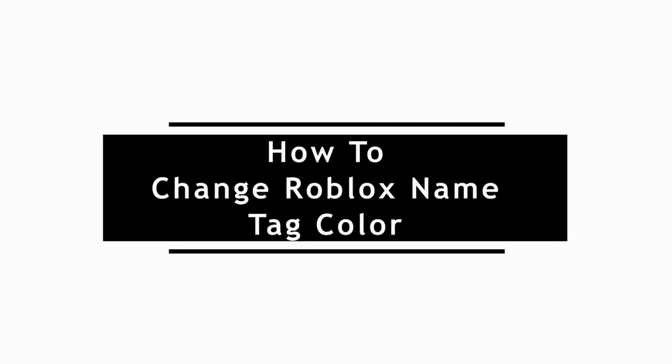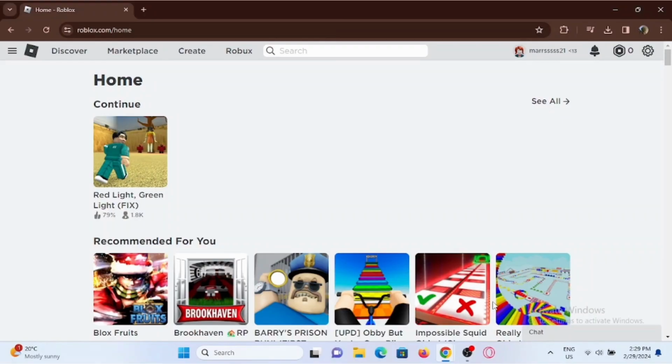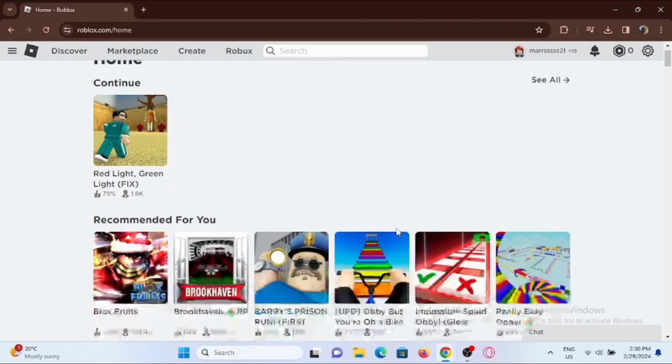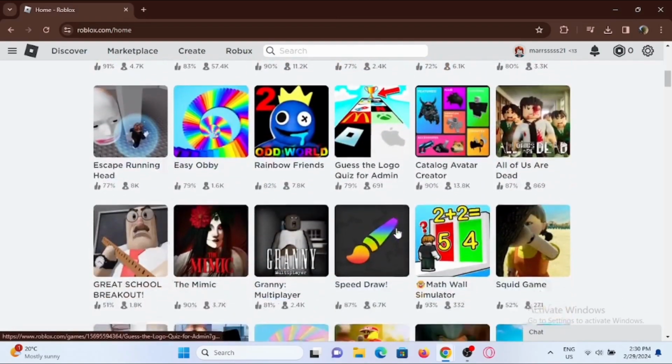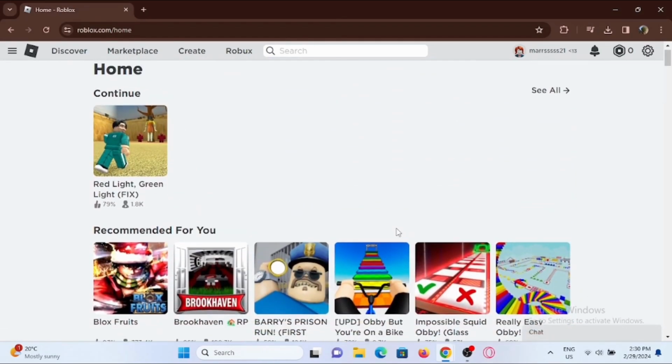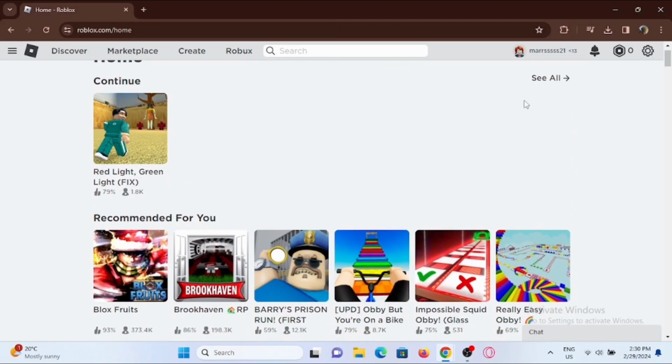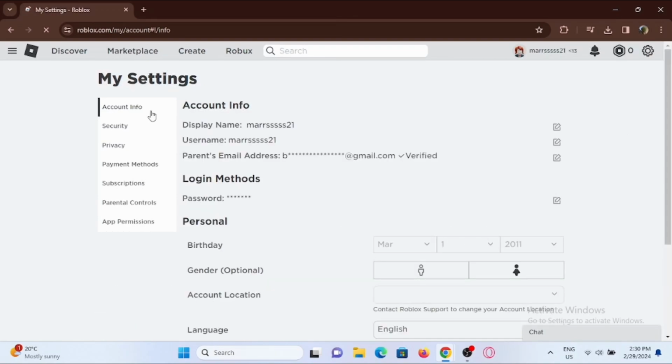How to change Roblox name tag color. For this, open a preferred browser and launch your Roblox either in your application or on your web browser, and make sure to log into your Roblox account. Now once you are logged in, and if you want to play a game, you will find some of the